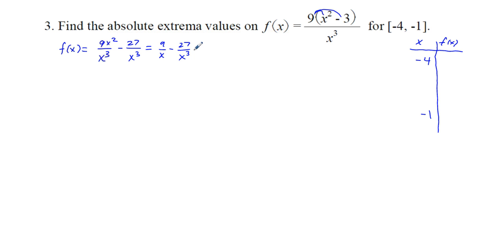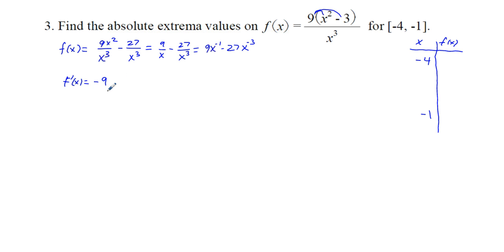And finally, we're going to rewrite this function in calculus-friendly form, which is going to be 9x to the -1 power minus 27x to the -3 power. Okay, so that's all a rewrite so far, this line. Now f prime of x, what is f prime of x? f prime of x is going to be, we take that -1 times the 9 out front, so we're going